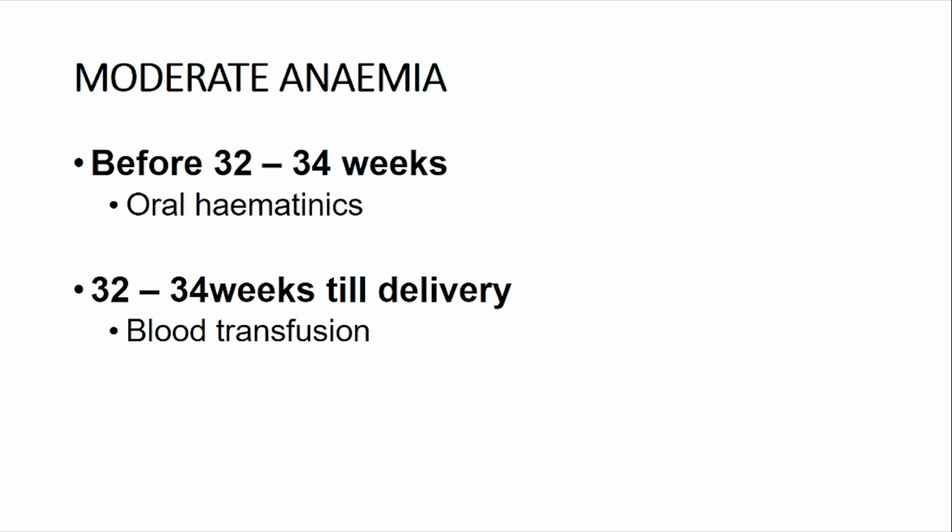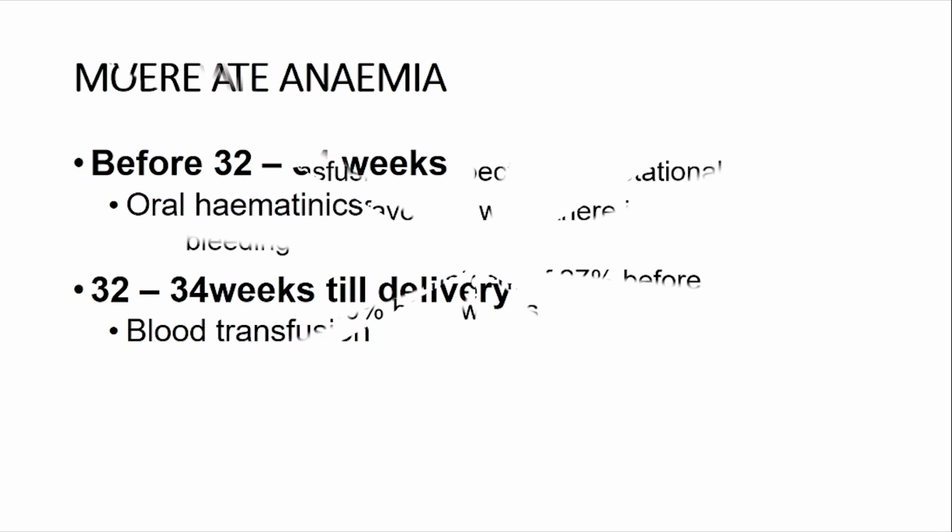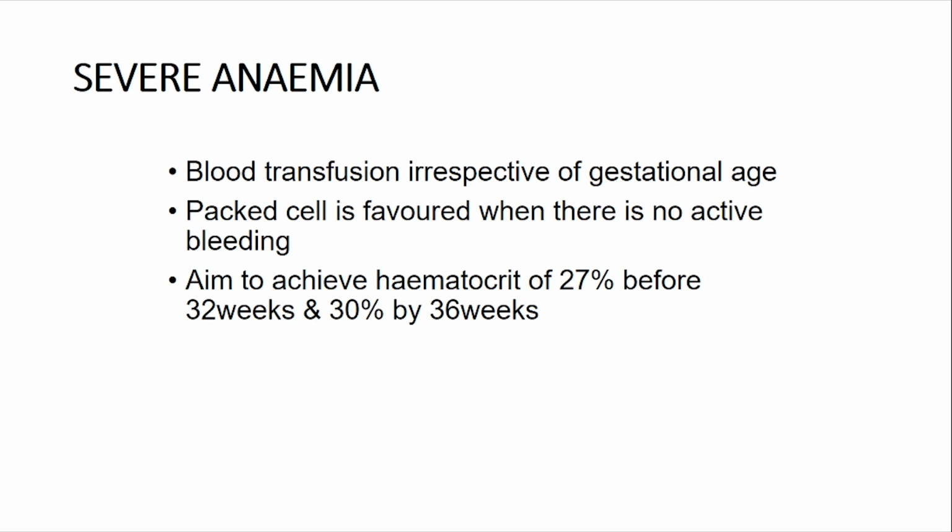While for moderate anemia, management for patients from 32 to 34 weeks of gestation, oral hematinics can be used. However, after 32 weeks and above till delivery, blood transfusion should be offered to this kind of patients. For severe anemia, blood transfusion, irrespective of gestational age, and packed cell is favored when there is no active bleeding, and the aim is to achieve hematocrit of 27% before 32 weeks of gestation and 30% and above by 36